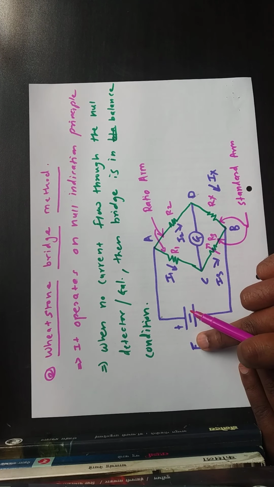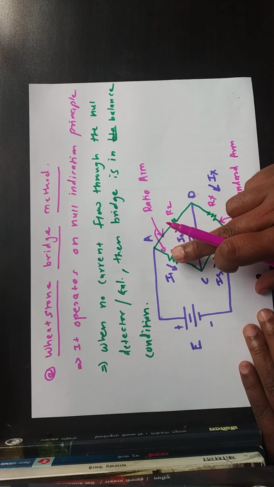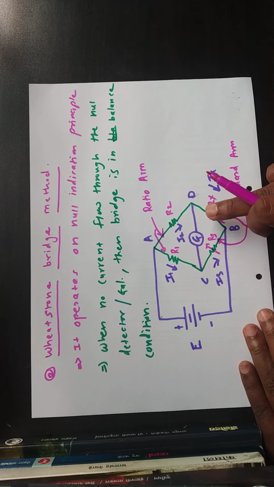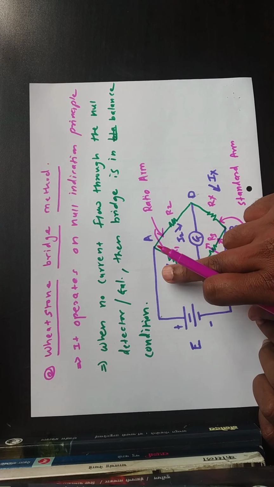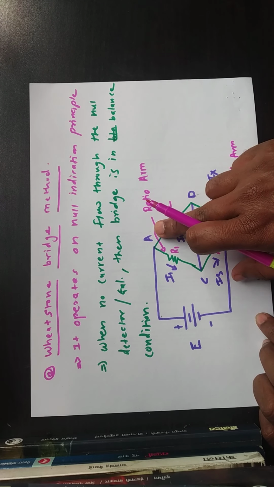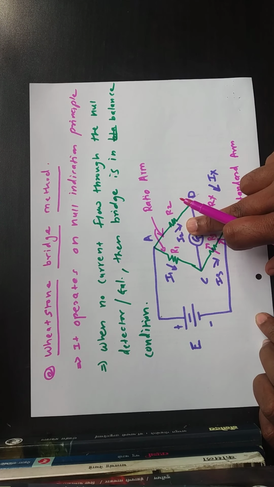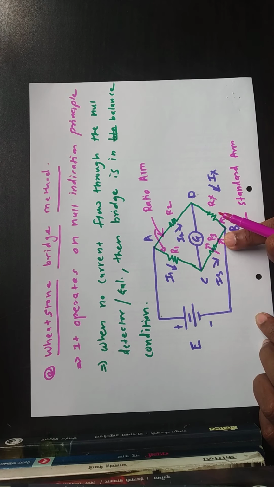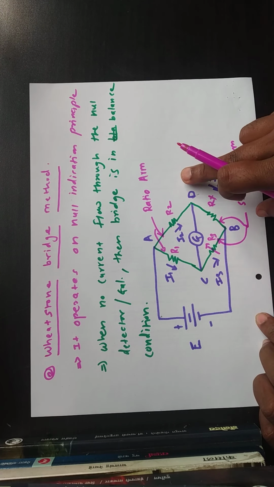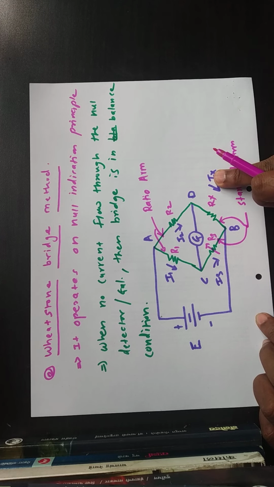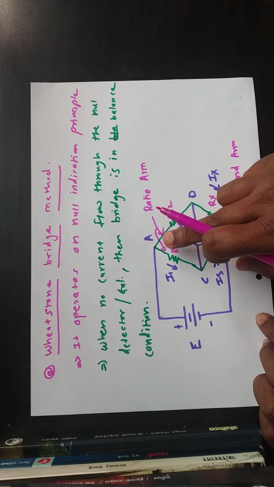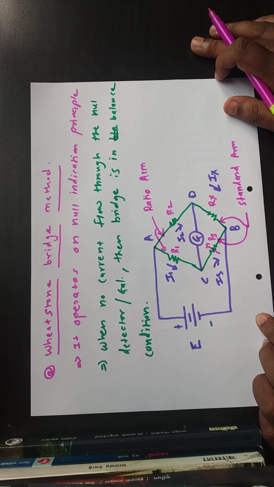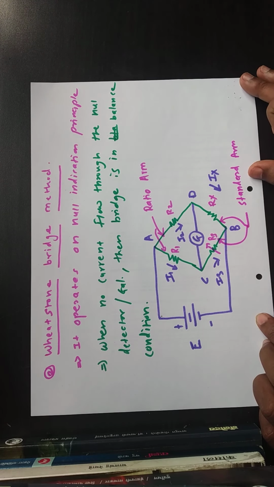So this is a basic circuit which represents the Wheatstone bridge. It consists of a DC source E and resistances R1, R2, R3 and Rx. We have to find the value of Rx. Current flowing through R1 is I1, through R2 is I2, through R3 is I3, and through Rx is Ix. We have connected the galvanometer like this. This is point C, point D, point A and point B. Please remember all this circuit configuration.